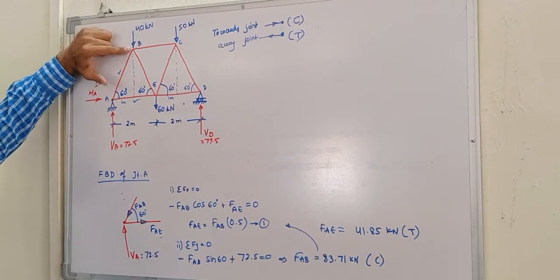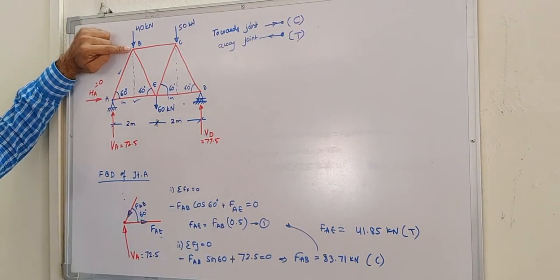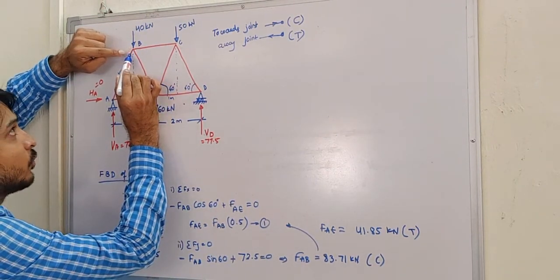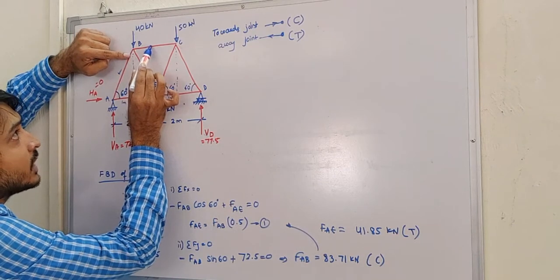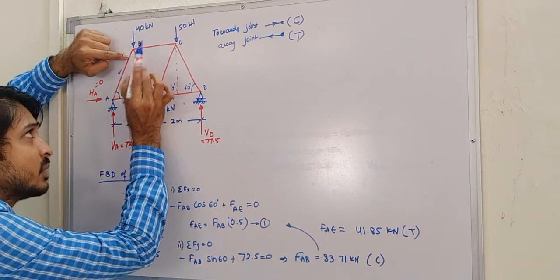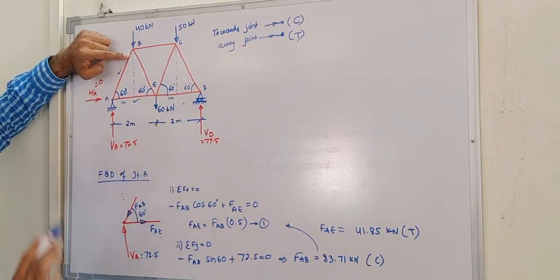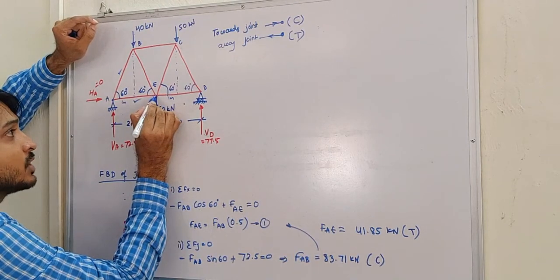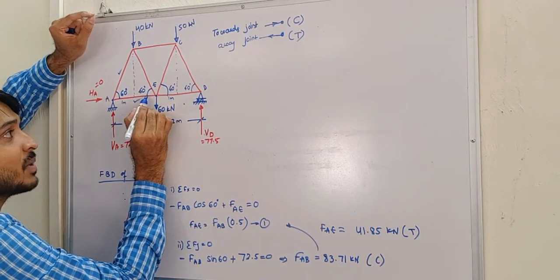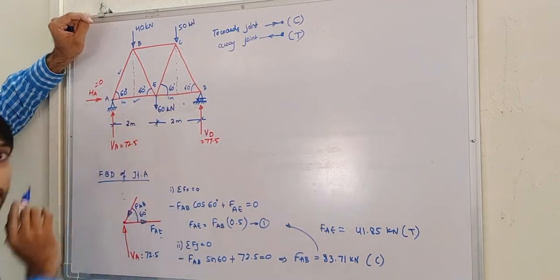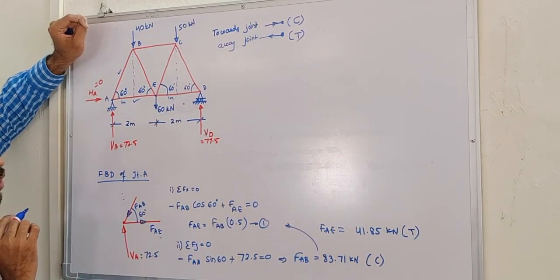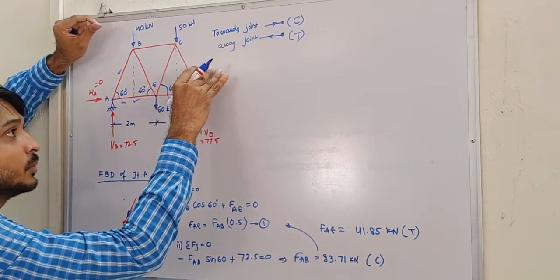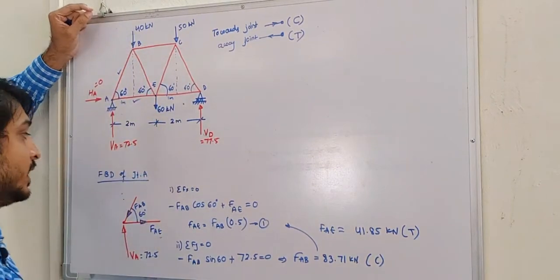Now I'll come to this joint B. If I come to joint B, what do we have? Here I know the force in this member, correct? I don't know the force in this member, and again I don't know the force in this member. So we have only two unknowns now. Suppose I come to this joint E, what will happen? Only this member I know, this I don't know, and this I don't know. Correct? We cannot go to that yet. We can come to this D also, and similarly find it there. So we'll go to joint B now.